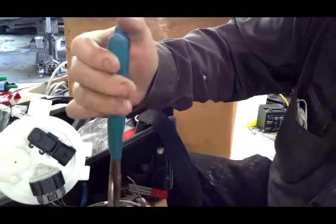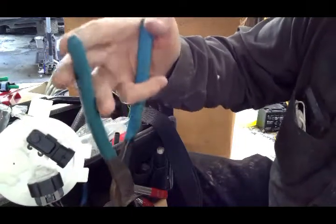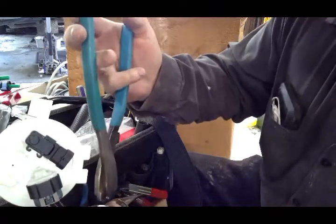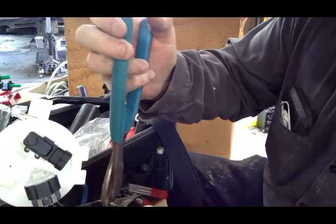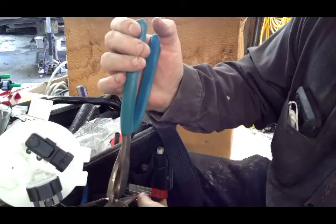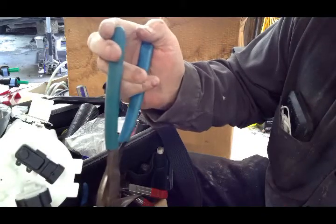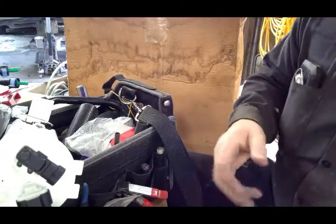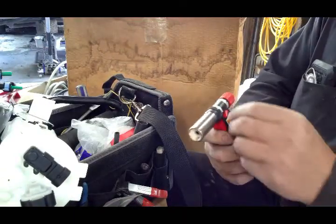You grab it, just kind of hold it, make sure that you place it, and then squeeze it. Don't get too rambunctious over squeezing that thing until you're ready, 100%. Same way with these. Just make sure that there's no wire strands coming out of there. And give it a good squeeze, and then you can do a double right there where that one is. And then that should be good enough. And then